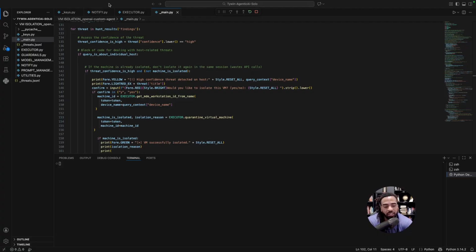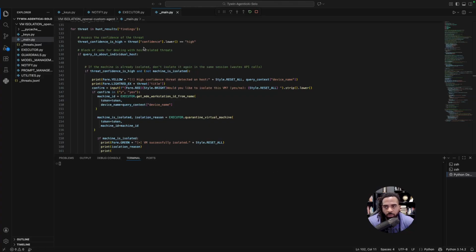If I choose to isolate it, it's actually going to go out and isolate it inside of Defender, so I won't have to leave and do anything. The agent will do everything. If I decide not to, I actually set it up where it's going to send a message into Slack. So whether that goes to a manager, whether that goes to a CEO, basically whoever's in that Slack channel will get a message saying either the VM was isolated or it was not isolated, and then also what action was taken. Also, they'll get a copy of what logs were pulled to justify the actions taken.